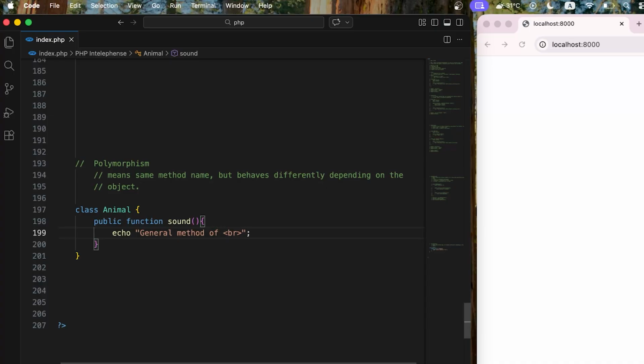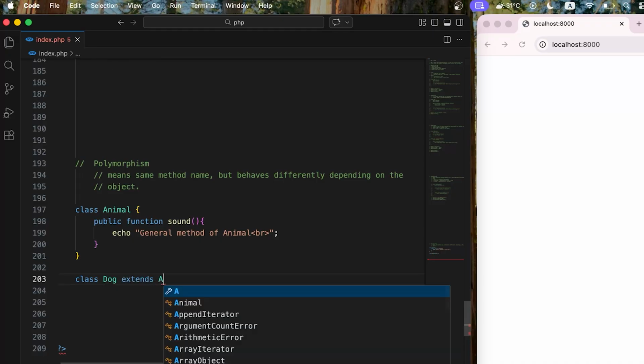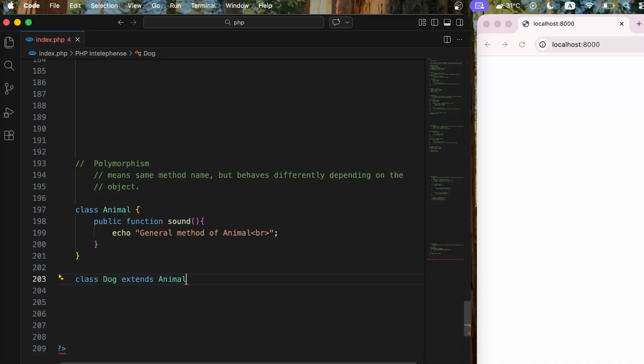General method of animal, and this is a parent class. Then I'm gonna create a child class. So I'm gonna say class right here, and this is gonna be dog. Then extends animal class,